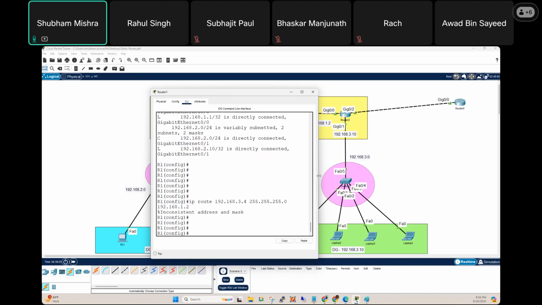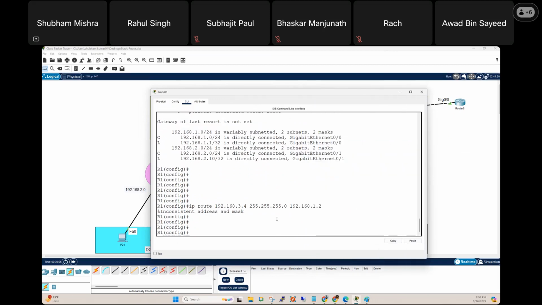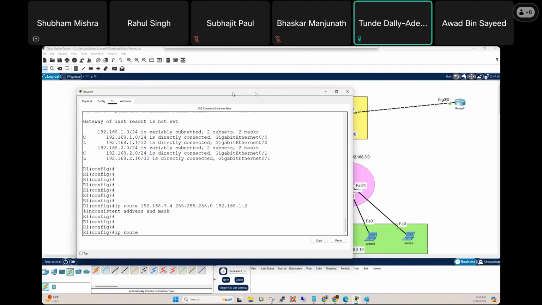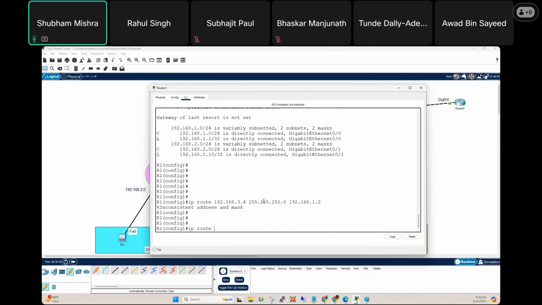Inconsistent address or mask. Hello, yes, I have a question. The next hop you put after the IP address, can you remove this? The next hop you put this one, just a minute, 192.168.1.2. On R1, we are configuring